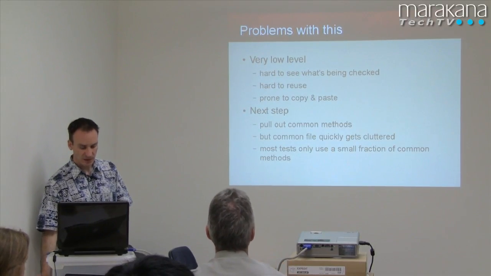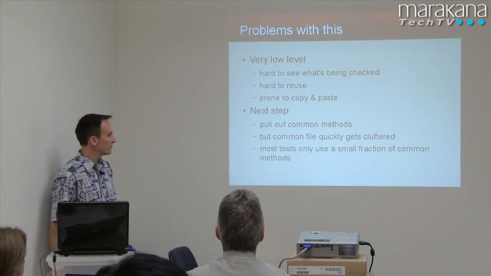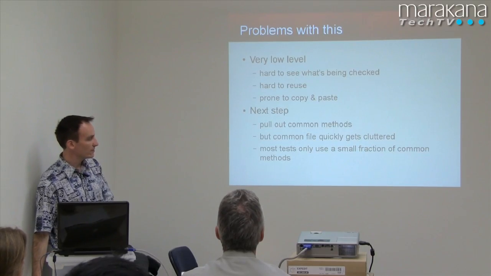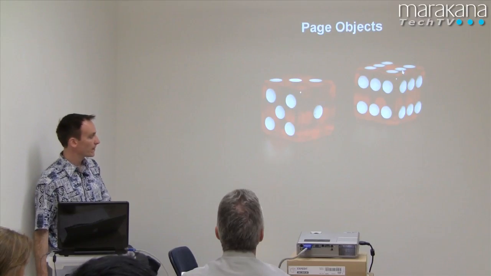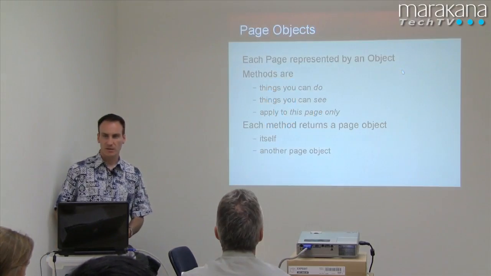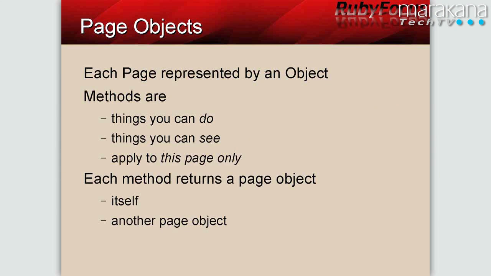And the answer to that is these page objects that we talked about. So what are these page objects? It's a simple definition. The page object is a concept where each page represents an object or is represented by an object. The methods on that object are things that you can do on the page, such as clicking buttons, typing in